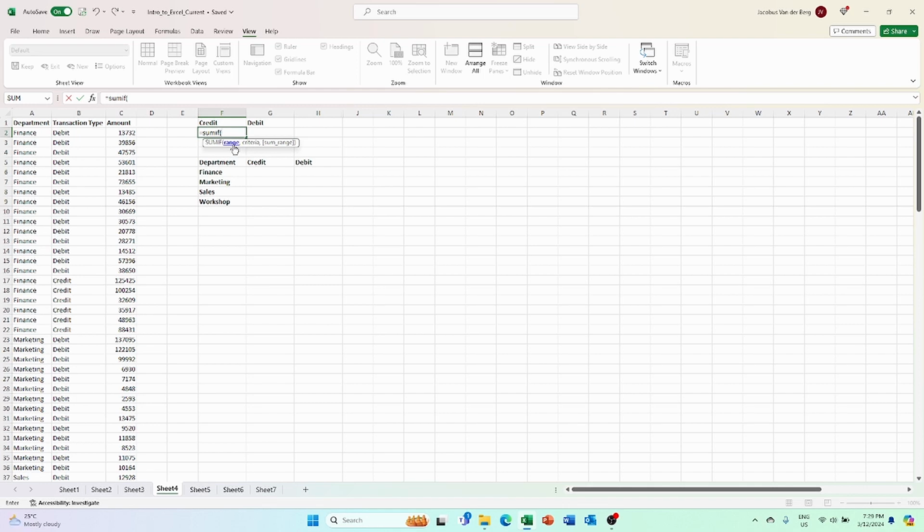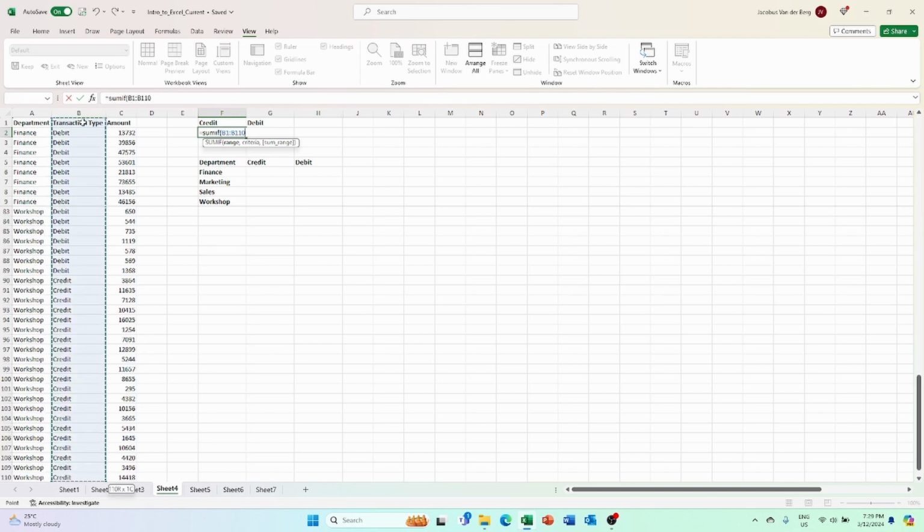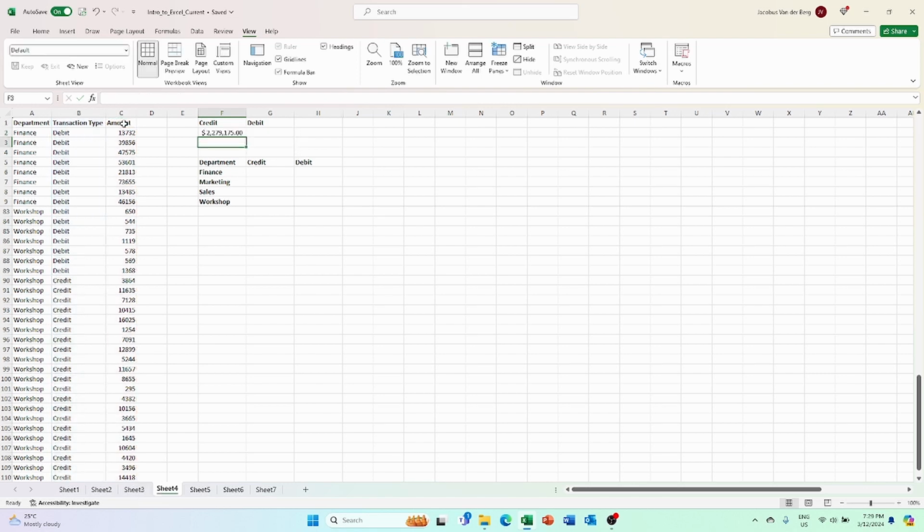Thereafter, you will choose your range where your criteria will be found. In this example, we want to find all the credits of the transaction amounts. So we'll highlight the entire column of the transactions, and then we will select the criteria, which is credits. So we'll type in the word credit in the quotation marks. Thereafter, we will select the amount column, close bracket, and press enter, and that will sum up all the credit